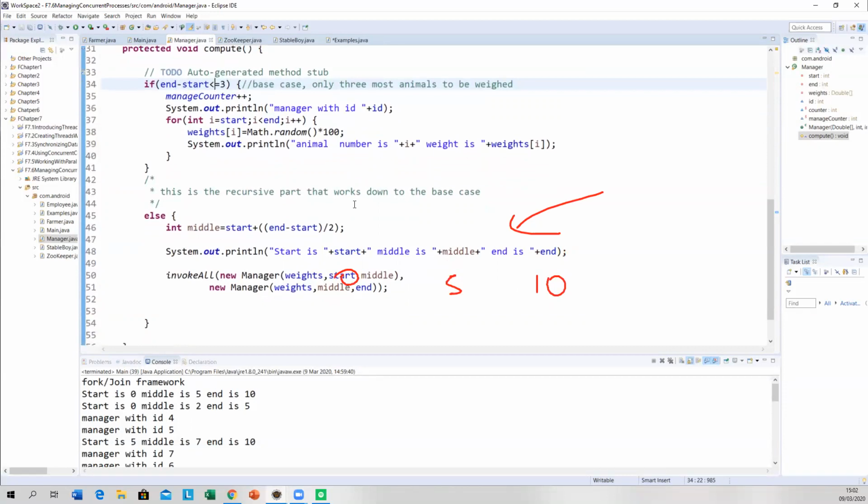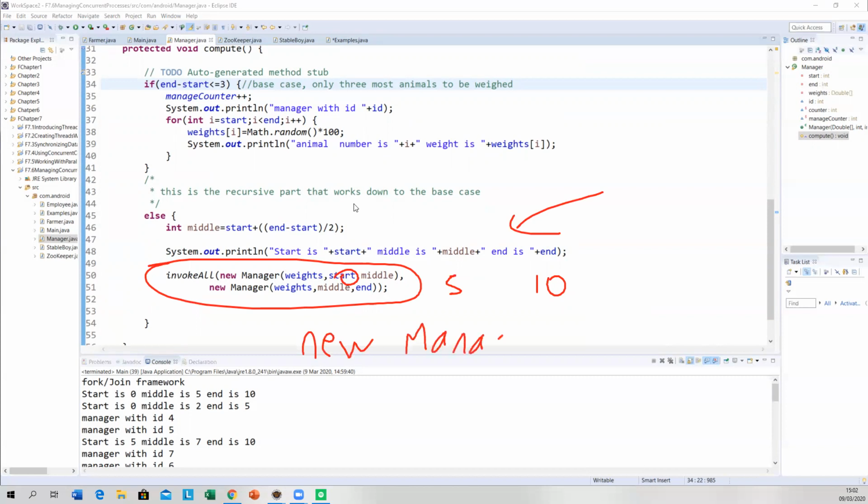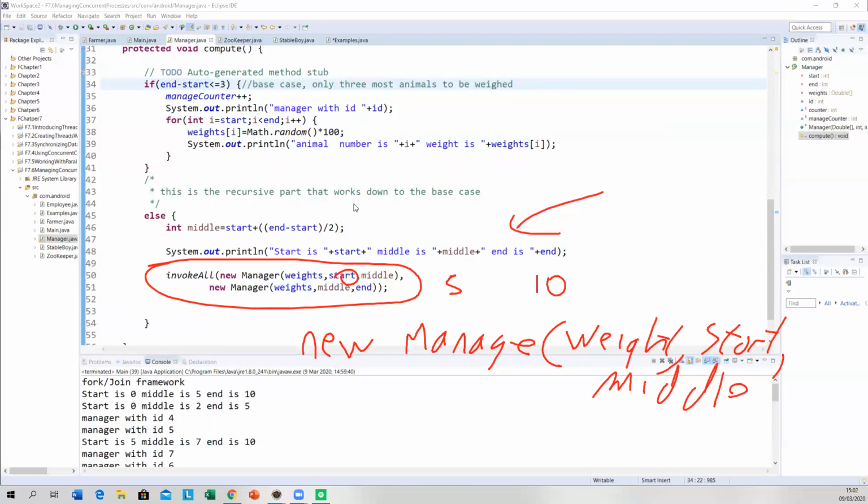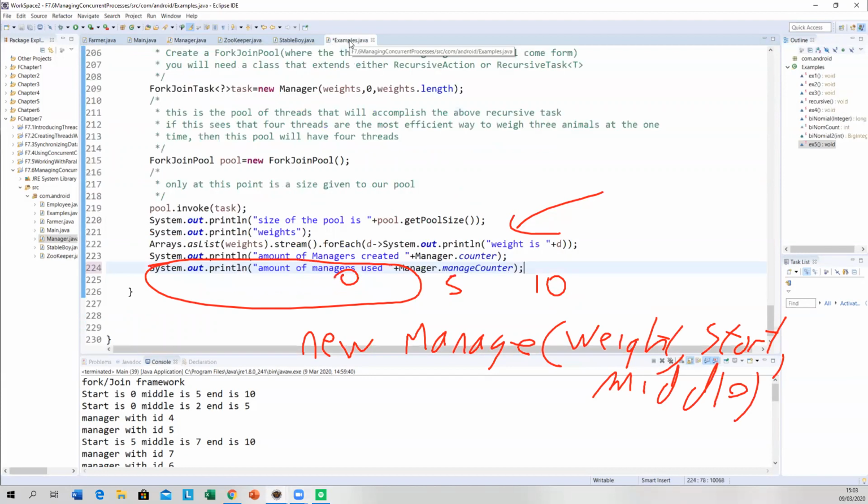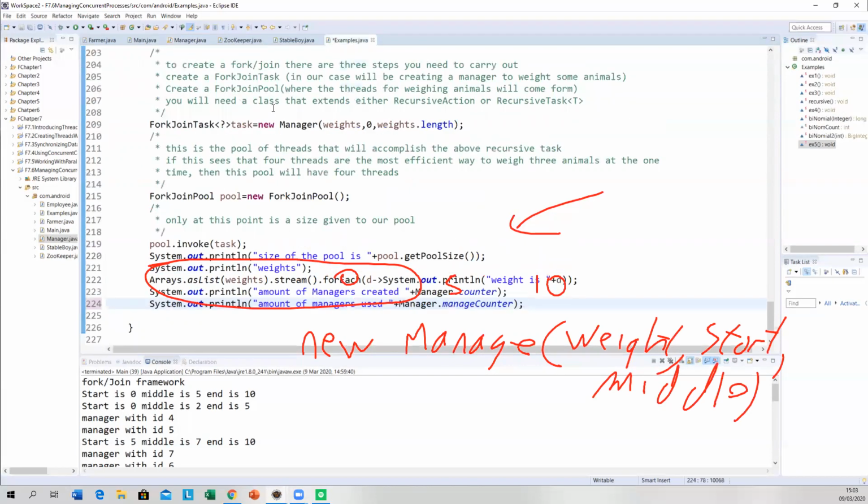Now, invoke all is the recursive method call. Okay? Now, if you look at that, what's it invoking? It's calling new, it's sending new manager, and it's sending weights, start, and middle. Okay? Which, if we look back here in examples, is exactly the same as this guy here.